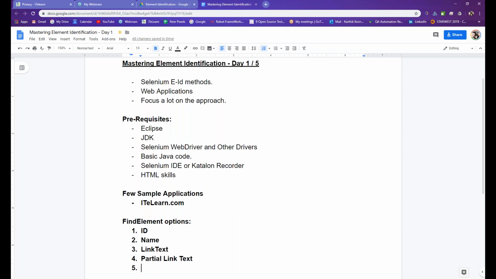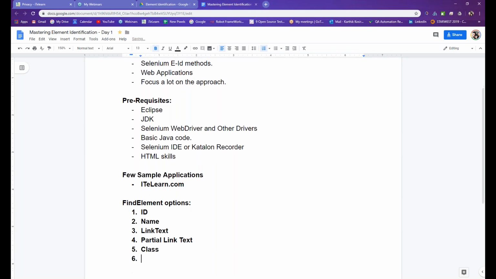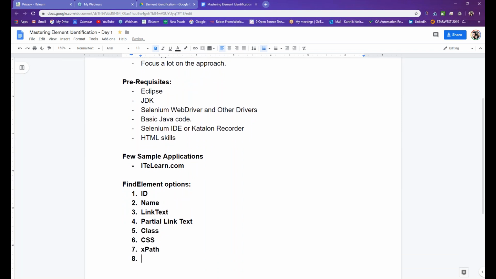and what's there next? Class, CSS, xPath, and maybe one or two more. As we go through these sessions, we will master each of them, team, and how we do it. We will also focus on dynamic apps,